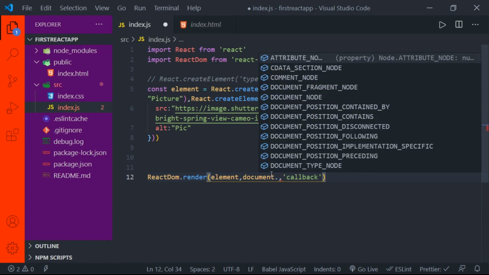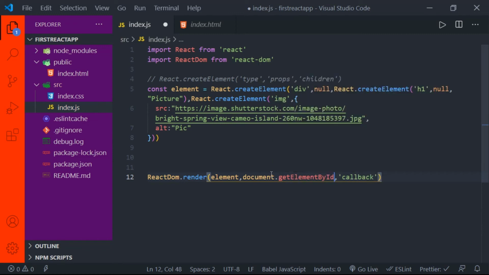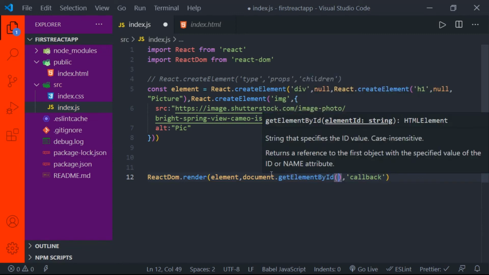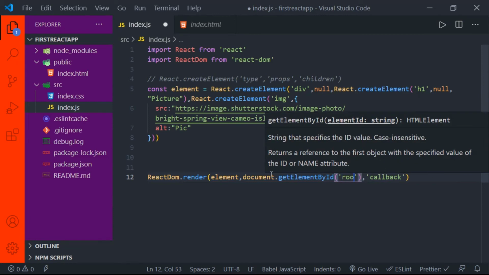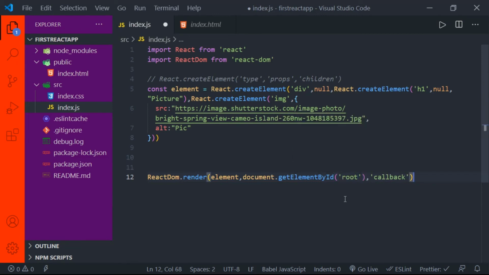So in order to access any div or anything with an id, we will use document dot getElementById in JavaScript. So just type in document dot getElementById, whose id is root. So now what to show is finished, that is the element, and where to show, that is onto that div whose id is root.